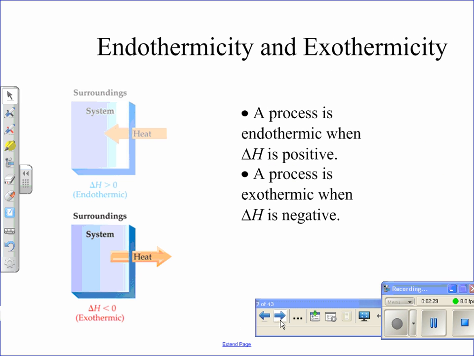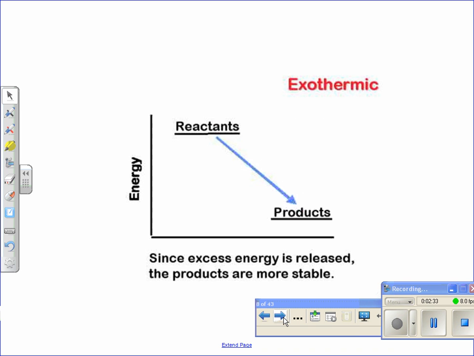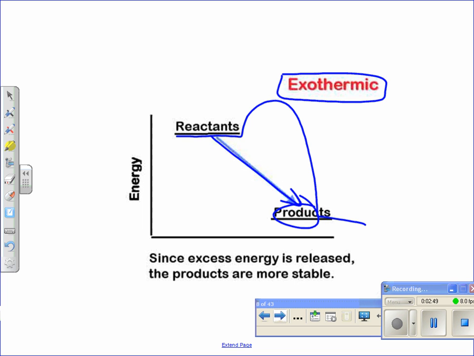All right, so we talked about that. Delta H is positive when it's endothermic. Delta H is negative when it's exothermic. One thing you have to be able to do is look at a graph and determine whether it's exo or endothermic. You have the reactants here, products here in this graph. Whenever the products are lower than the reactants, it's called a downhill reaction, or it's exothermic, meaning the delta H value is negative. You can actually find the value for delta H